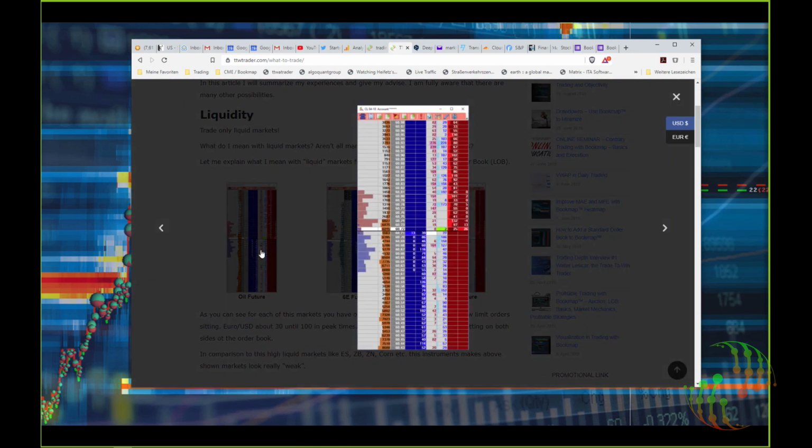Look here, this is the oil future, and I have described something to trade. So from my experience, you see on every price level we have 40, 50, 80, 100. It's a lot, 120, 150 maybe. It's the highest number in oil, maybe 200 contracts at a price level.